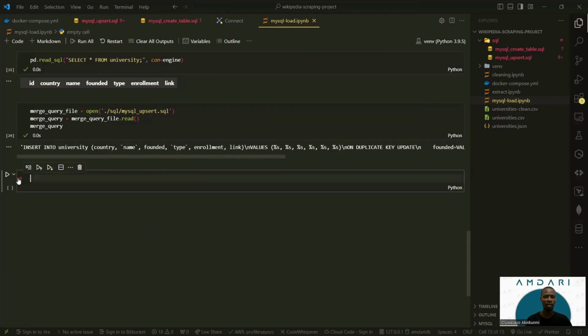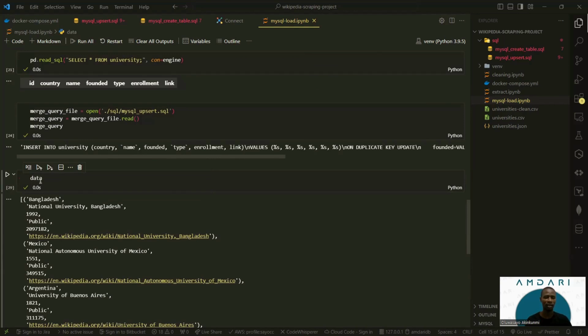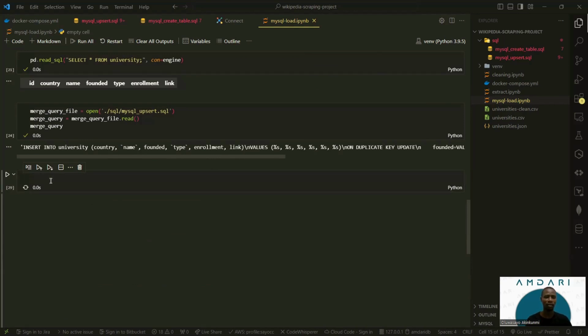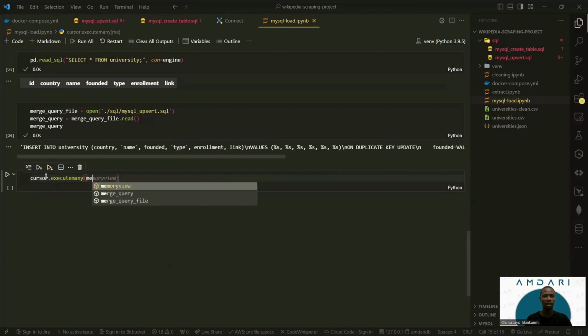So I can delete this. I still have the data here, right? So what I'd like to do now is to load the data into the DB using cursor.executemany, right? Then I'm going to pass the query and also pass in the data that will be loaded. So executemany expects the query and the data that will be loaded into the database, right? So I'll run that,